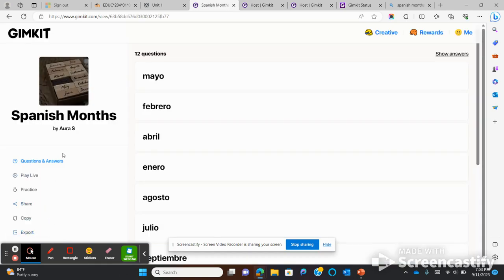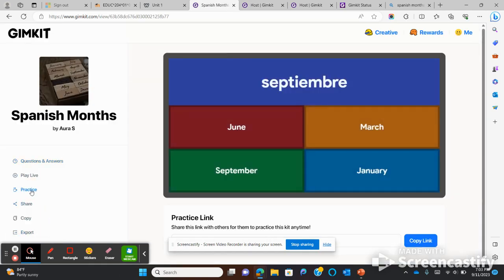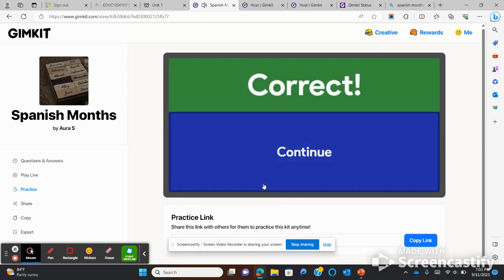If you didn't want to play a game and you just wanted to practice, you can click on the practice on the left-hand side, and it'll pop up and you can practice the questions. So it says Septembre, and you can have your students practice by just using the Gimkit website. You do not need